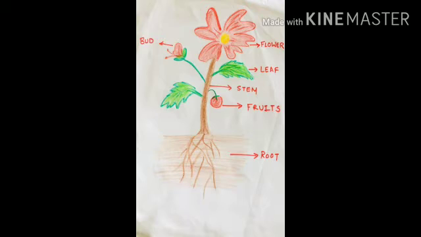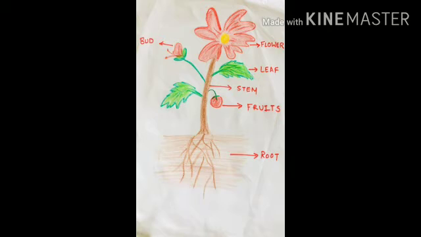So kids, when I say that there are different types of plants in our surrounding, by this I mean there are groups of different plants. By groups I mean there are four groups: the trees, the shrubs, the herbs and the creepers. So kids, what do we mean by these different types of trees? I will tell you in detail.